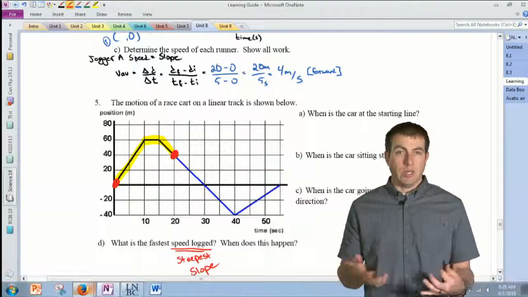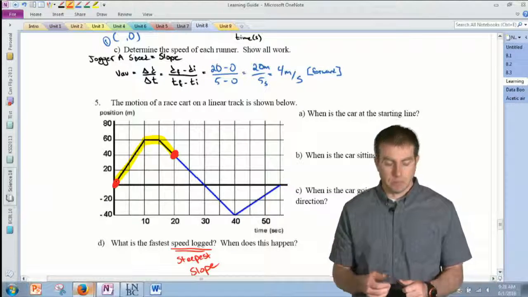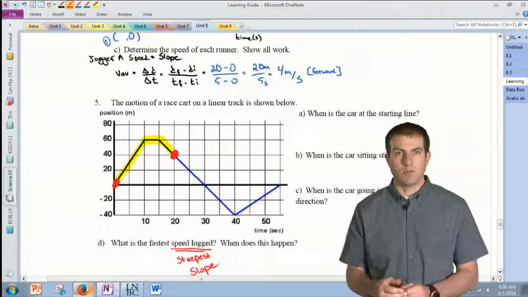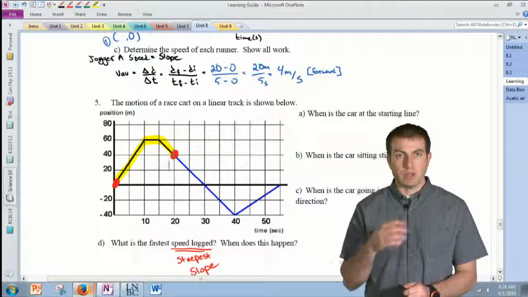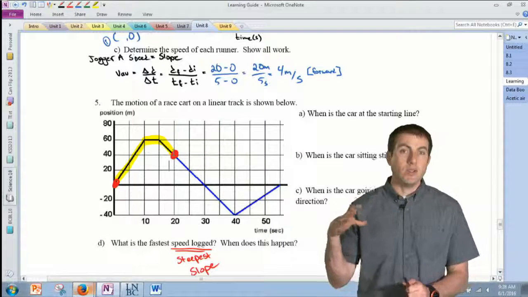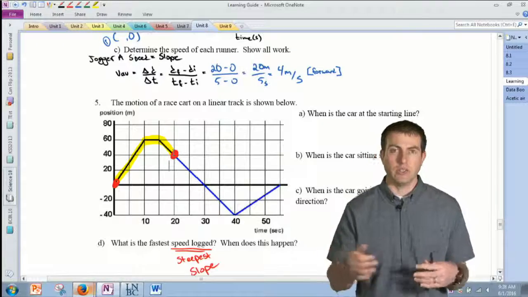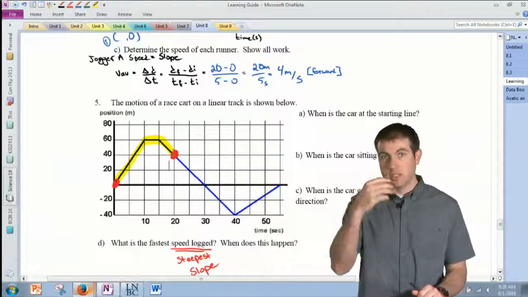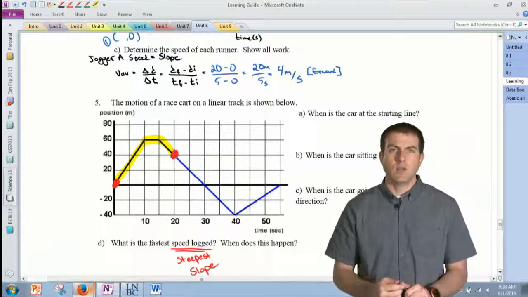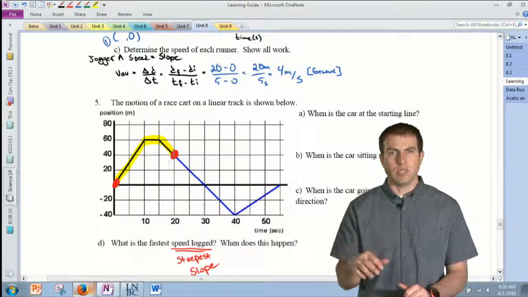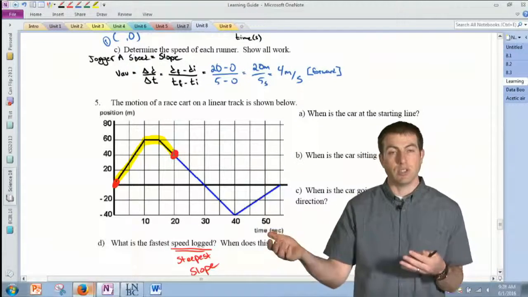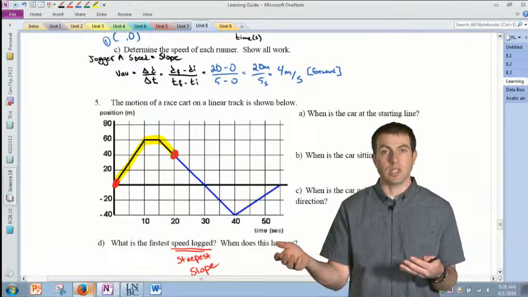If you want to think of a trip, I know I used this example before, but if you're driving from here to Vancouver, or let's say from here to like Chilliwack, you drive really slow at the very beginning through Kelowna and West Kelowna. And then when you got on the highway, on the connector, you drive really fast. So if you were doing 10 kilometers an hour and then you're doing 110 kilometers per hour, well, you're not going to add those two and divide by 2. You're going to say, well, I traveled the 10 really for a short amount of time, and then I traveled 110 for a really long amount of time.